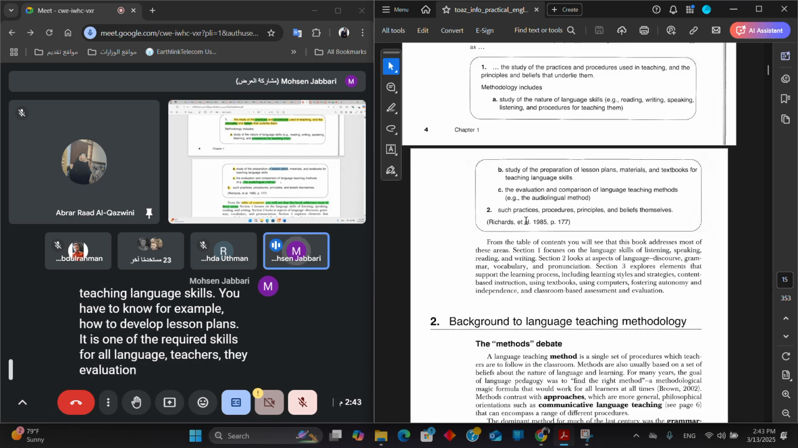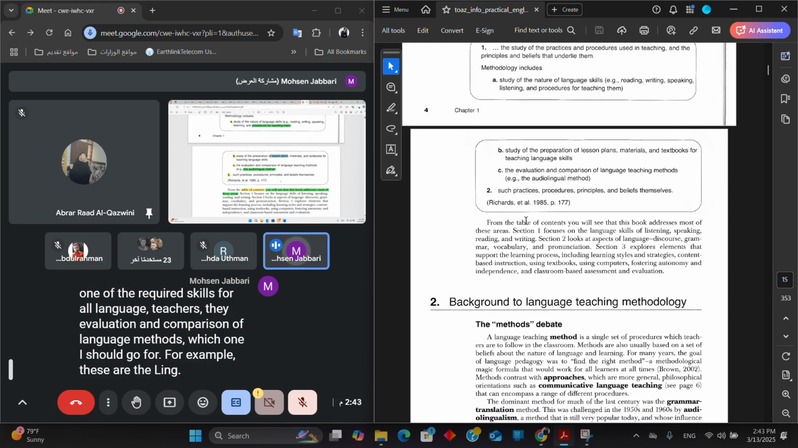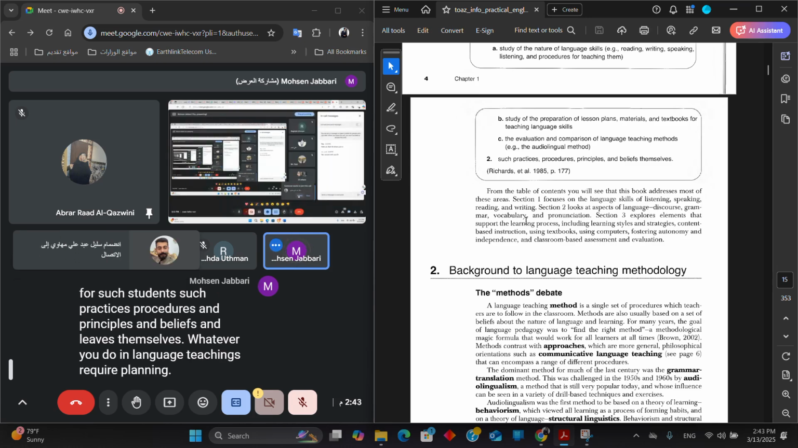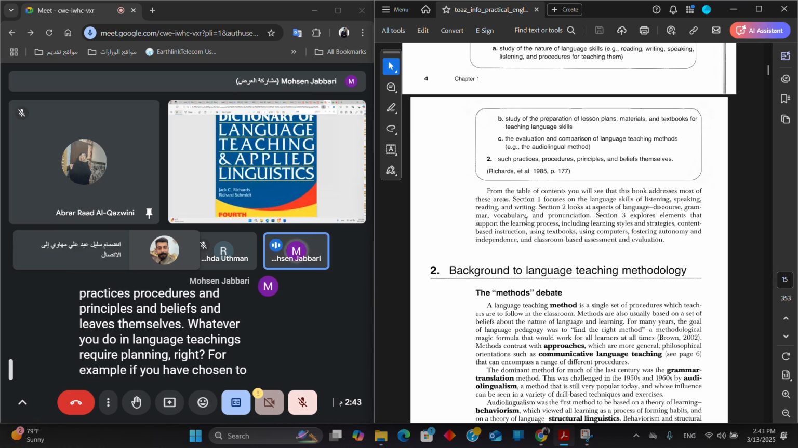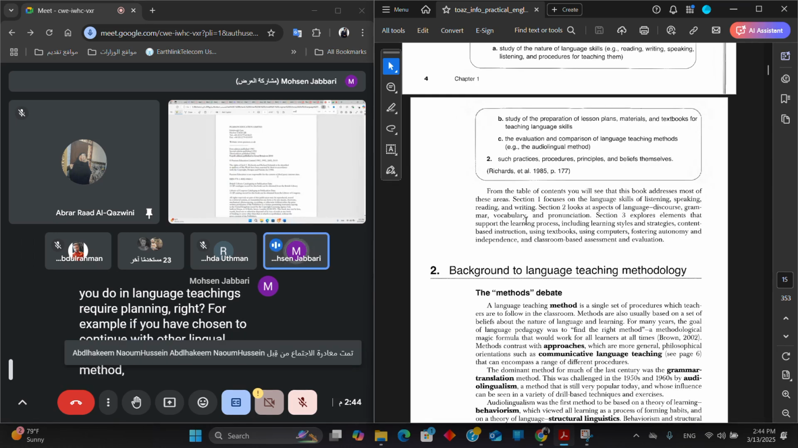The evaluation and comparison of language methods, for example, which one I should go for, is audiolingual method or CLT better for such students, and such practices, procedures, principles and beliefs themselves. Whatever you do in language teaching requires planning. For example, if you have chosen to continue with the audiolingual approach or audiolingual method, you may see that the word approach,